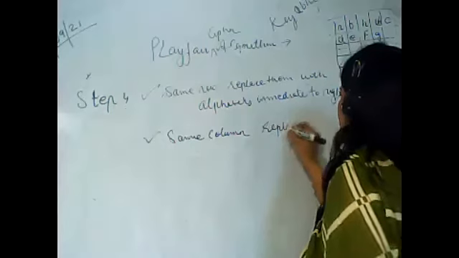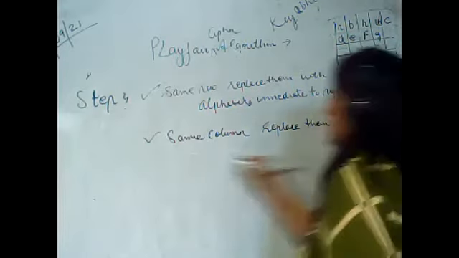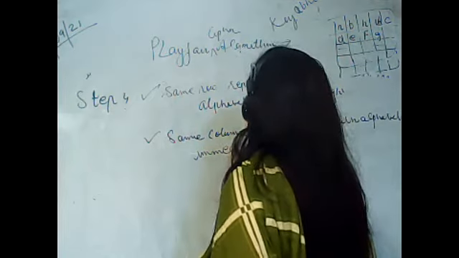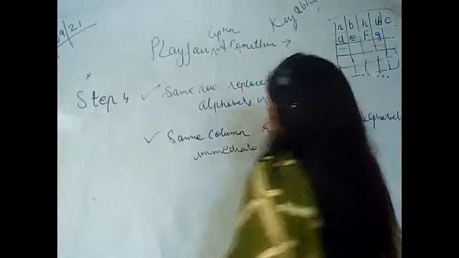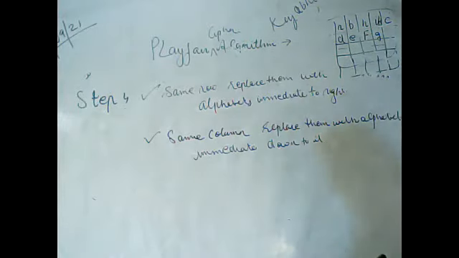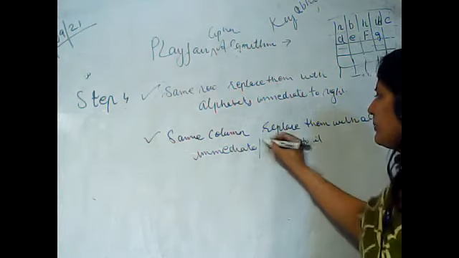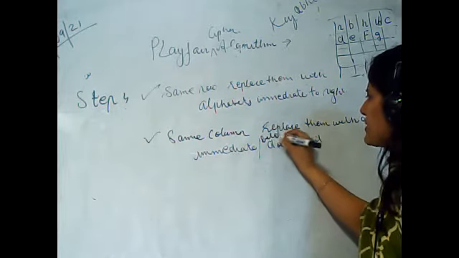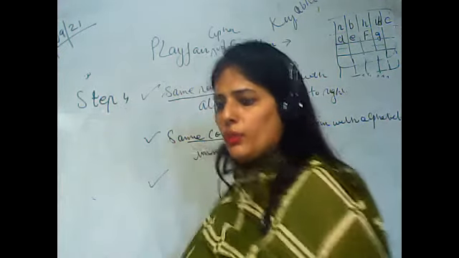We will replace them with the alphabets immediately down to it. Okay, immediate below them, or the immediate down alphabets that will be available. Or you can write it like this: below elements. So the same row case is there, the same column case is there, but there could also be a situation